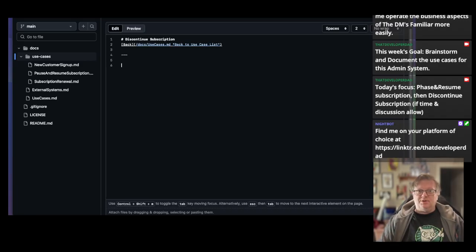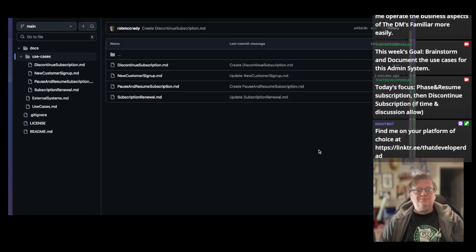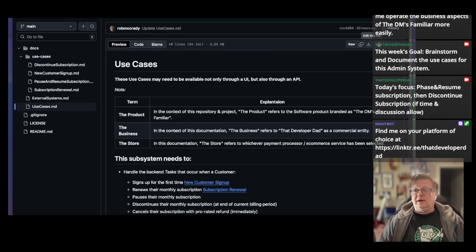And that gives us a horizontal rule. I'm going to commit the changes. Commit. Good. Now I need to come out to use cases. I'm going to edit